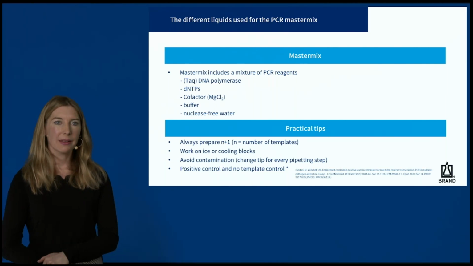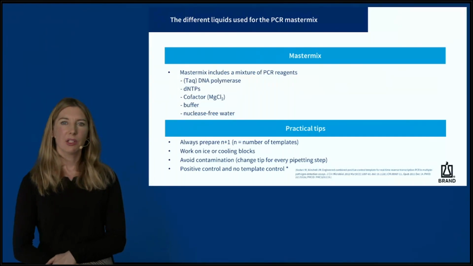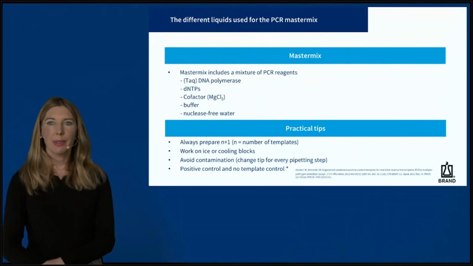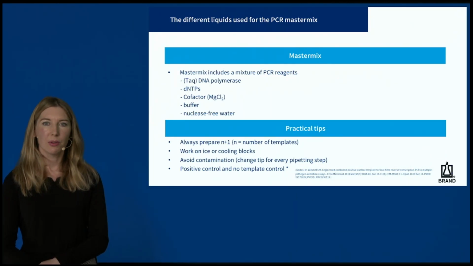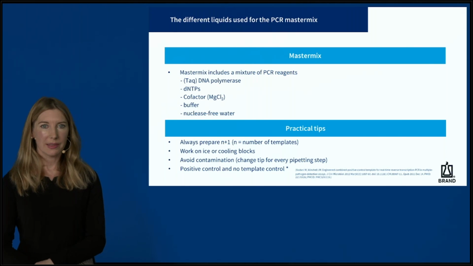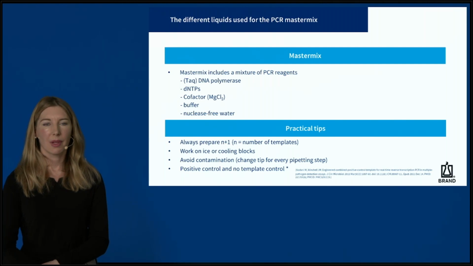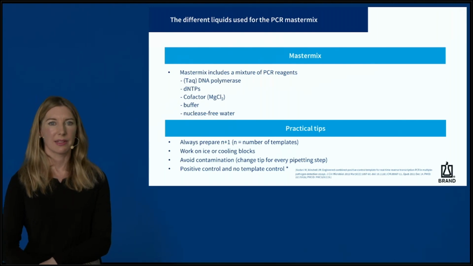But regarding our master mix, finally, we have to add template DNA, which contains the target region, and primers. The PCR preparation should be done on ice, for example, with the help of a cooling block. For qPCR, dyes like SYBR Green and strand-specific probes must be added. Always add a positive control and a no template control with your PCR run to ensure the reliability of your results.